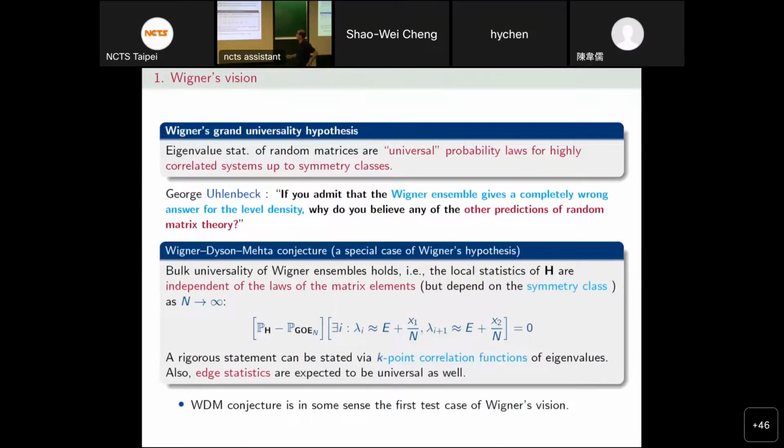Now Wigner had an idea. Wigner believed that the eigenvalue statistics of random matrices is a new probability law, in the sense that it's not Gaussian and not Poisson. Wigner believed that many systems in the universe obey this law. So he believed this is a universal probability law for systems with high correlations. So think about this. If you look at the